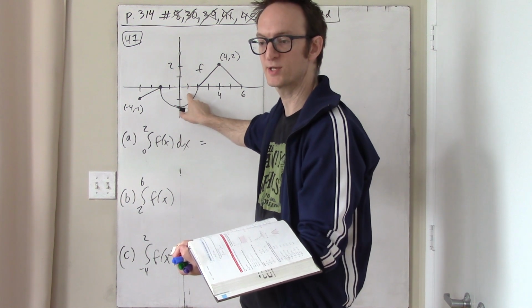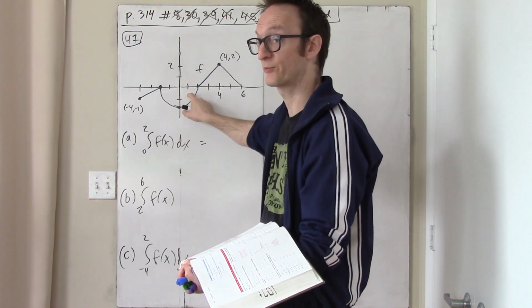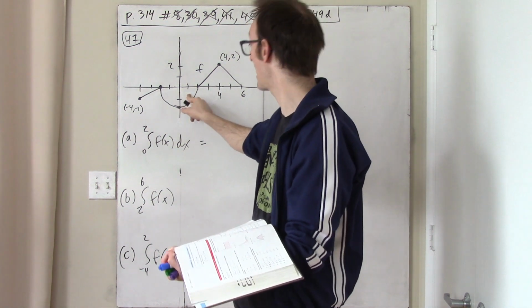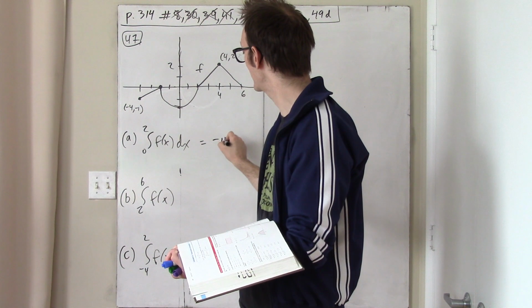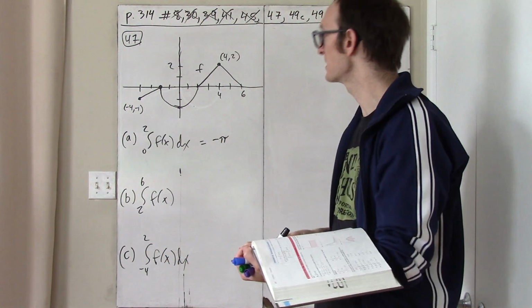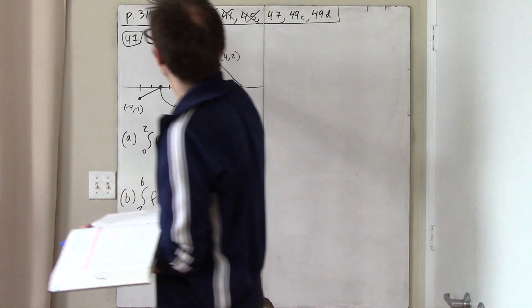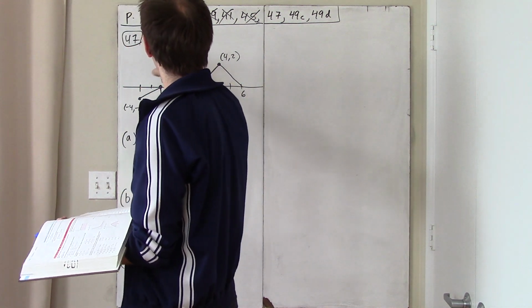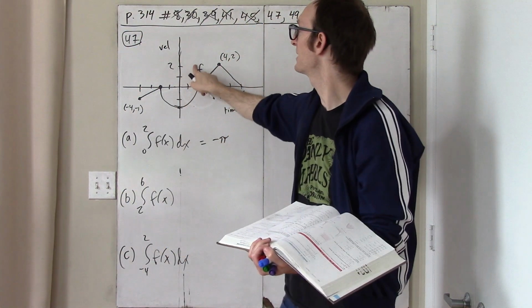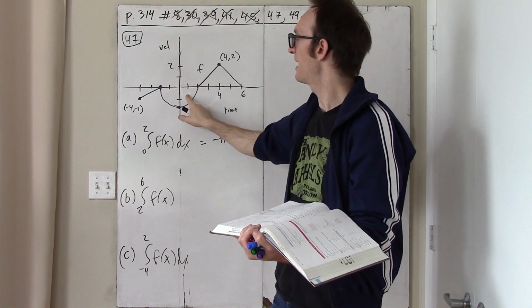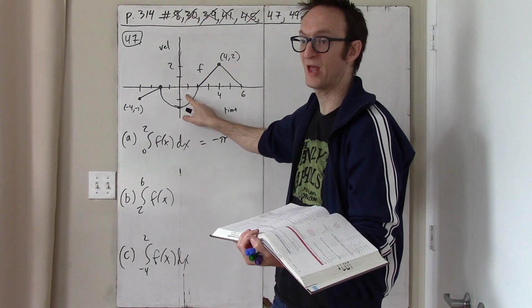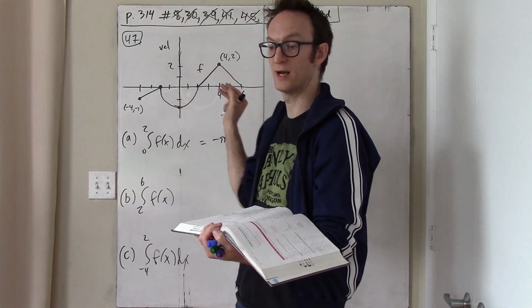Well, if the area of a circle is pi r squared, then a circle of radius 2 will have area 4 pi, and a quarter of that will be pi. So the answer to this is just negative pi. Good. This makes sense because if you think of this as a velocity versus time curve, then when the function is negative,